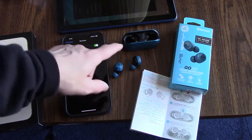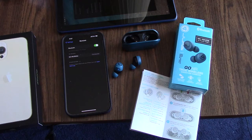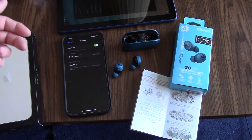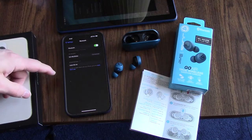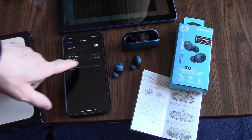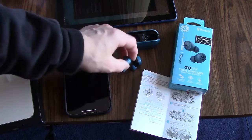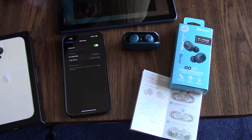So this should show up here as JLab Go Air. And of course, now that I'm saying that, it's not. Ah, it did. Okay, great. So if I click on JLab Go Air, it should say connected, and it does say connected. Great. So now I can use these and play music through my